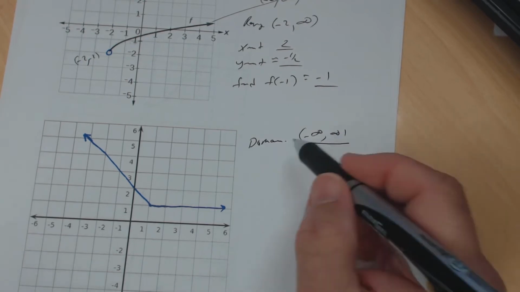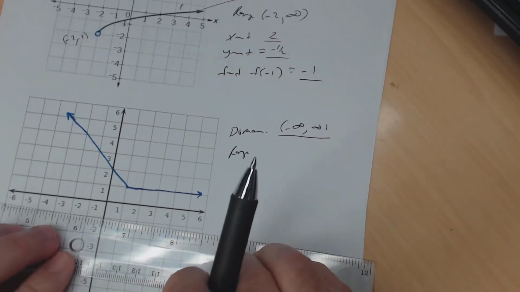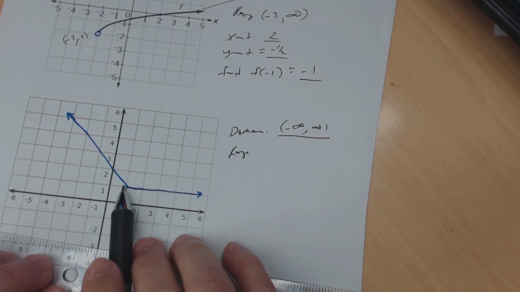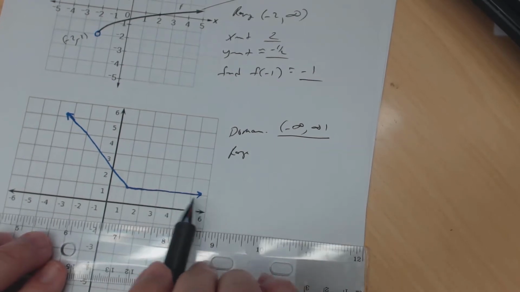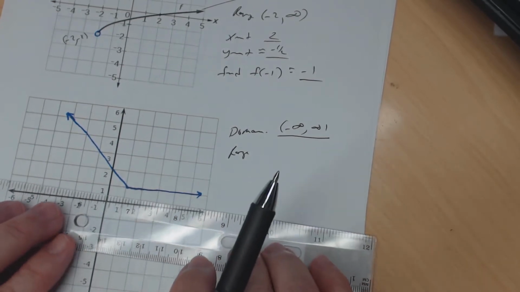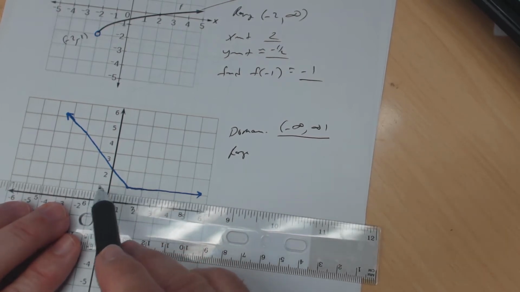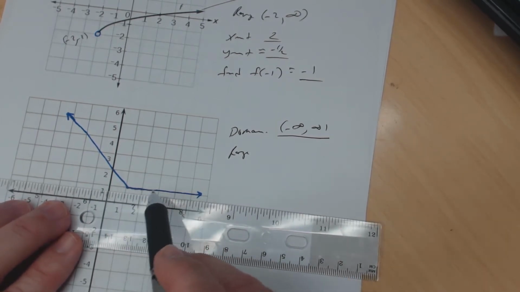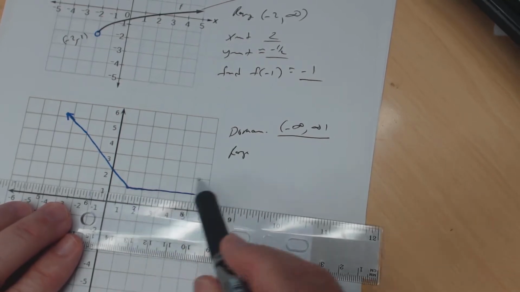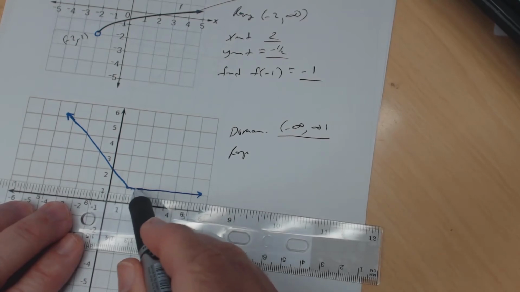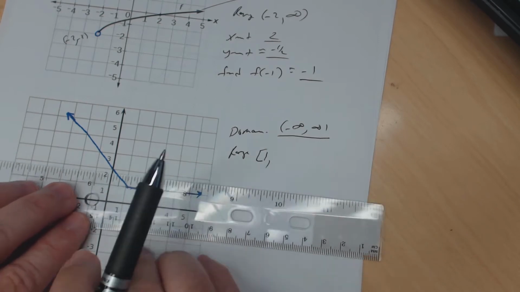All right, now the range. So the range, remember, you just remove your ruler and go bottom up now. So notice the arrow's not pointing down, so you have to be careful. It's pointing to the right, horizontally. So notice I start touching the graph at what y value? I start touching the graph at 1. Okay, this is where it is. So you have a bunch of 1s here, an infinite number of 1s. But I start touching the graph at 1. Okay, so there's no open circles here, so I'm going to say bracket 1, all the way to